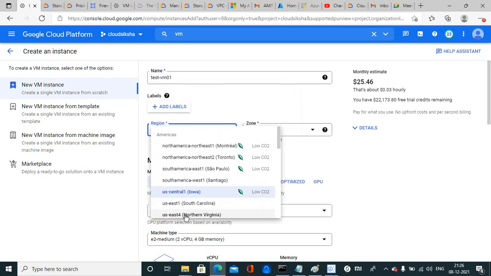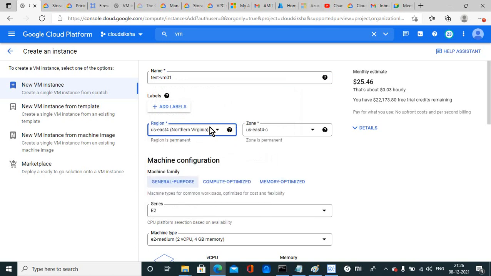I'm creating this in North Virginia because my VPC is created for the North Virginia region, and in the region I have three zones A, B, C. This is for load balancing purposes, or you can say to synchronize your data, to prevent data loss. If you have 2 or 3 web servers, you can put them in A, B, C zones, one server in each zone